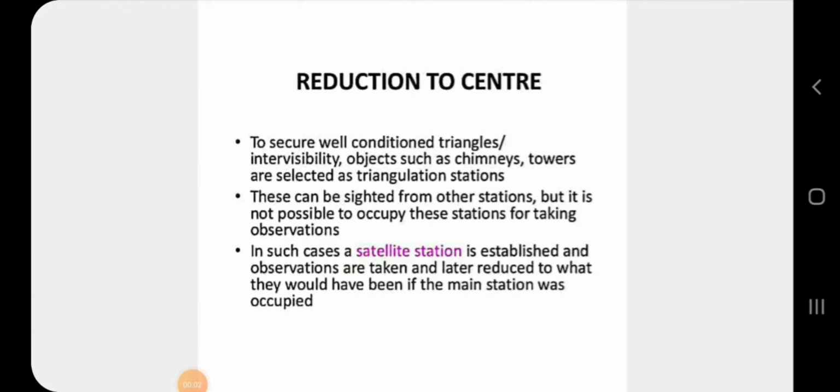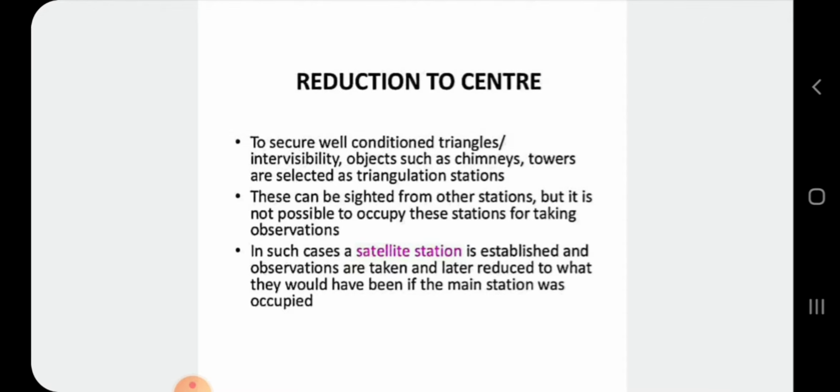Good morning, students. In the last class, we discussed triangulation, the important characteristics of triangulation, the main objectives of triangulation, then important classifications of triangulation, then different signals and towers that we use in triangulation, then what are the important characteristics of an ideal signal, then the criteria to be considered for selecting triangulation stations. All these points we discussed in the previous class. So the remaining portions we will discuss in this session.